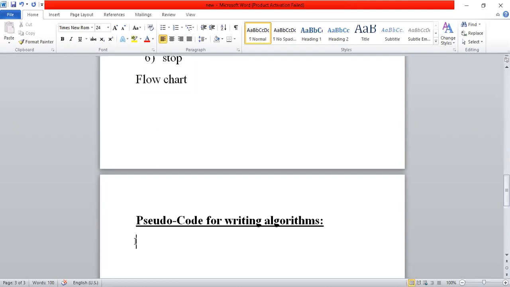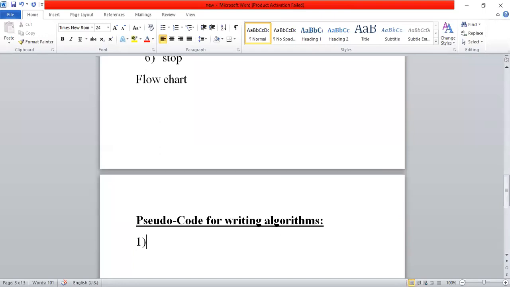Here I am going to mention the different steps or items we use to represent an algorithm using pseudocode. First we start with a very simple statement, for example if you want to provide information about the algorithm. Generally, in an algorithm or program, some people write comments before writing the program.